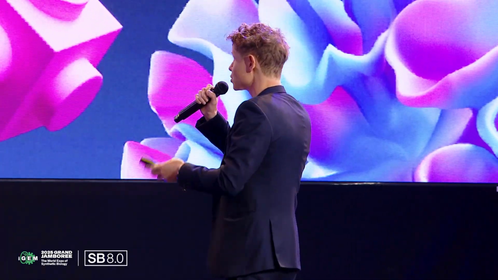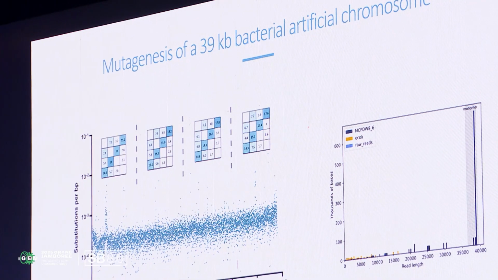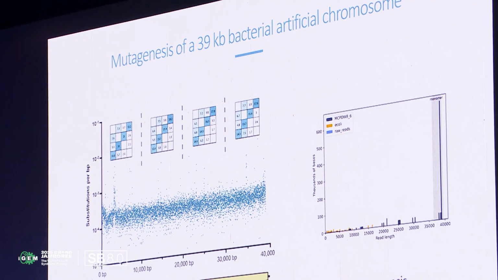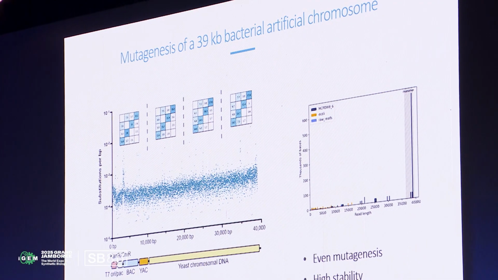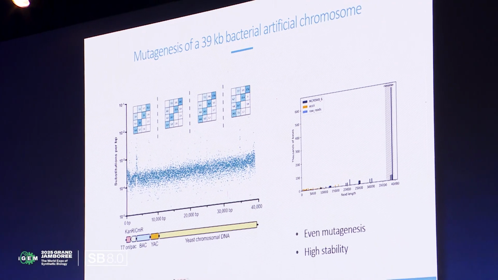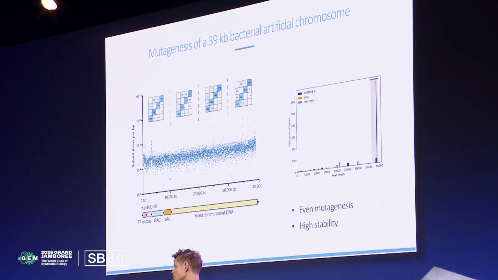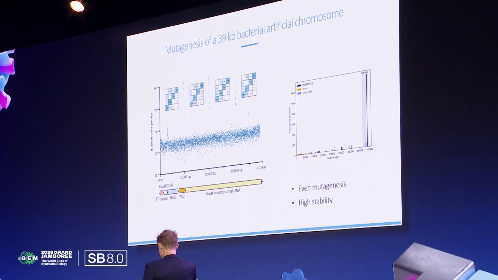compatible with large DNA. So here I'm showing you, we put together a pretty random yeast chromosome, we had to fill something in, and it had to be cheap enough to do quickly. So we put in 39 kb of yeast DNA into a phagemid, and we can show how this can be transferred through the replication process. We get a pretty neat mutation spectrum across the entire section. And as you see to the right, after one cycle of all this, there is barely any truncation of the DNA. So it's a pretty stable system, even when we're working with large DNA.